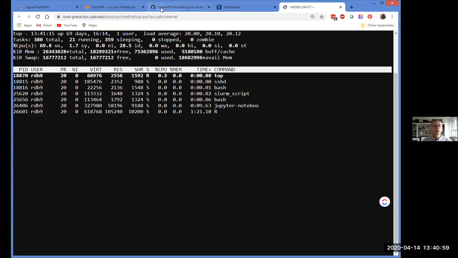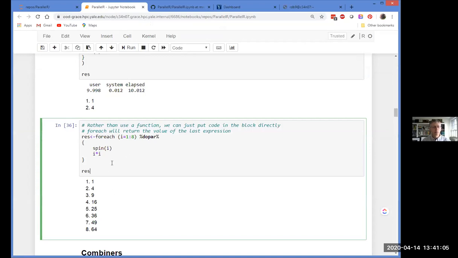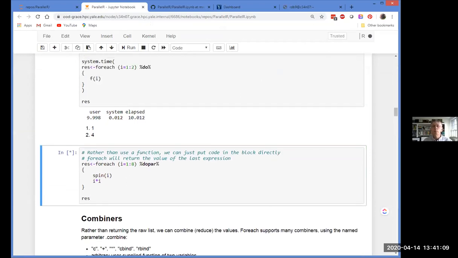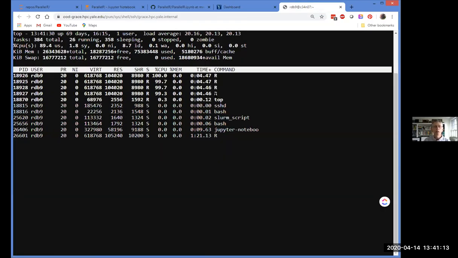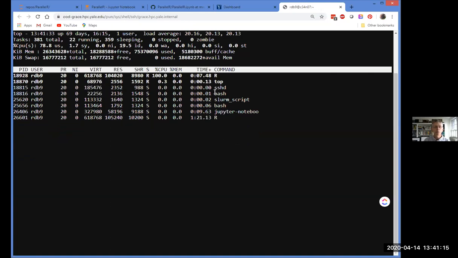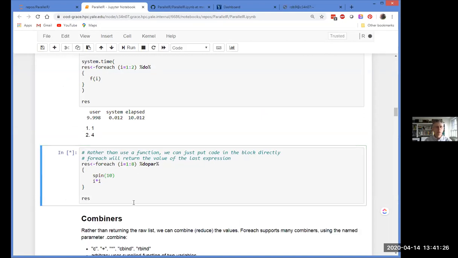So let me go ahead and rerun this execution here. Quickly go back, and we can see that I've got a bunch of R processes. These are the workers. Now that went a little bit too fast. Let me do it one more time. It's a little bit longer of an execution. I will spin for more seconds.